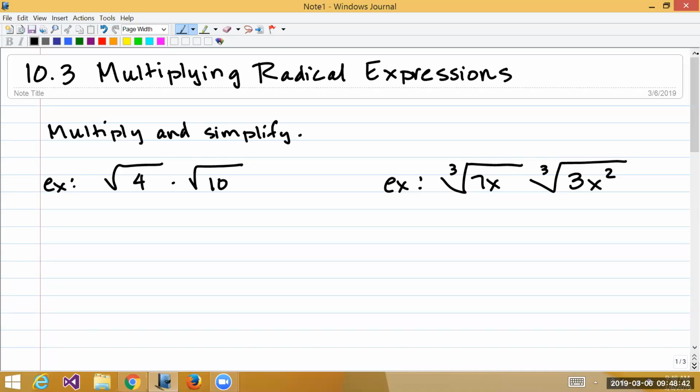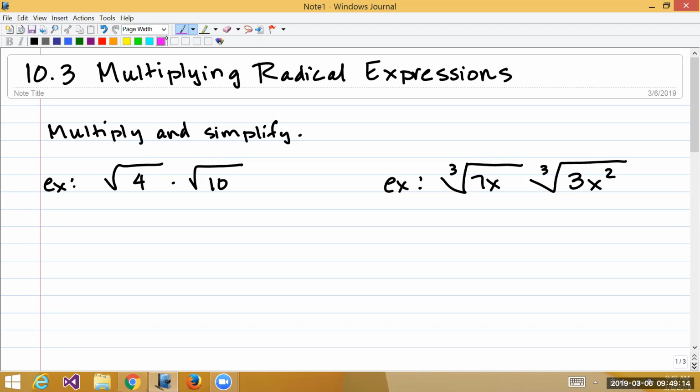10.3, multiplying radical expressions. So in these first few examples, we want to multiply the radical expressions together and then simplify as much as possible. Remember, to multiply radical expressions, there's one thing that is absolutely necessary. The root, or the index, must be the same. Notice this is a square root, cube root, cube root. So when they are the same, you can combine them into one radical by multiplying the radicands